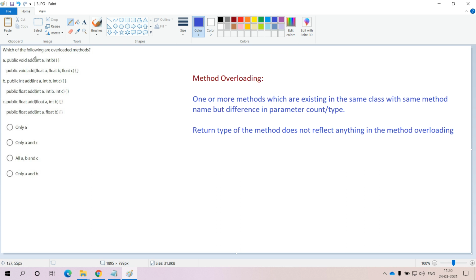Here the method name is same, that means these two methods are overloaded methods, and here the parameter count is different as well as the parameter types are also different. So the parameter count here is 3 and the parameter types are floating point, so that these two methods are overloaded methods. Option A is correct, there is no doubt at all. Coming to the option B,